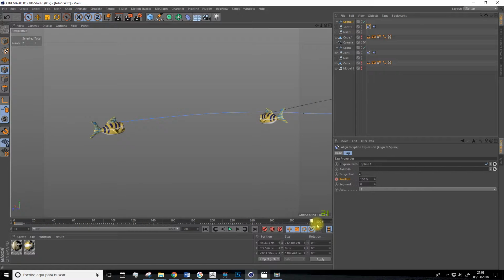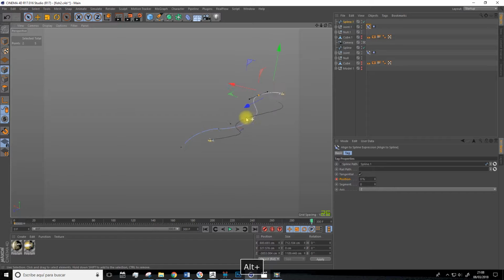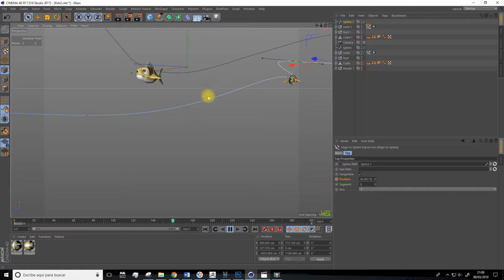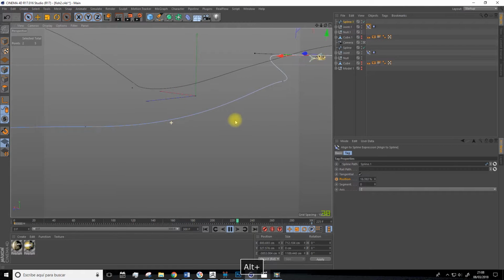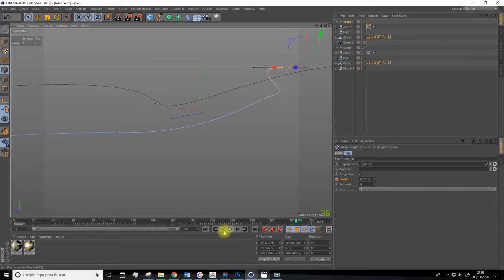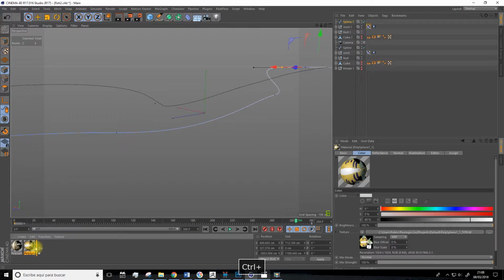And now we go to the last frame, set position to 0, and create another keyframe. Now they pass beside one another, and now what I was saying is that we can duplicate this material, and